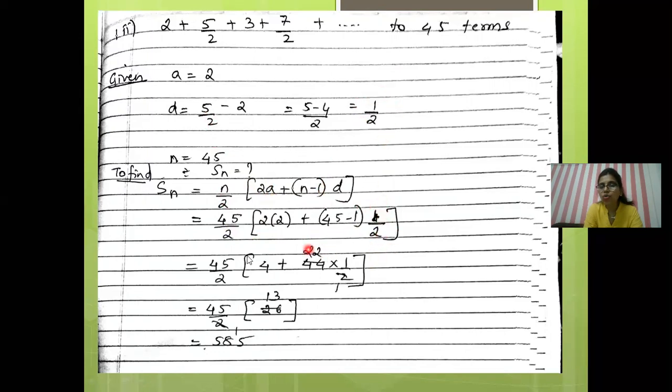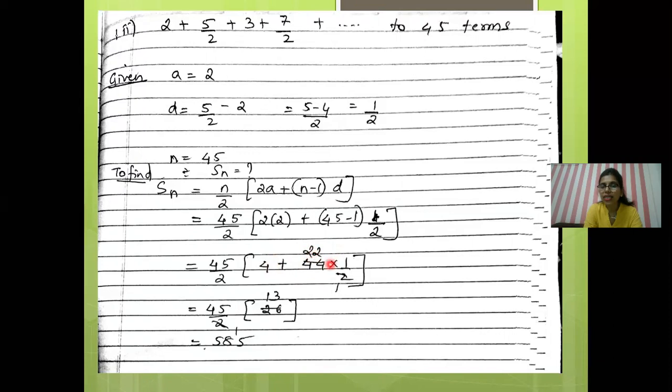First, as I told you, you have to first solve the bracket according to BODMAS. So when you're solving the bracket, inside the bracket you have to first carry out BODMAS, so division first. The reason you're going to solve the bracket first over here is BODMAS. So bracket first. So 45 minus 1 is 44. Then division. So you can cut this, 2 ones are 2, 2 twos are 4, 2 twos are 4. So you get the value as 22.